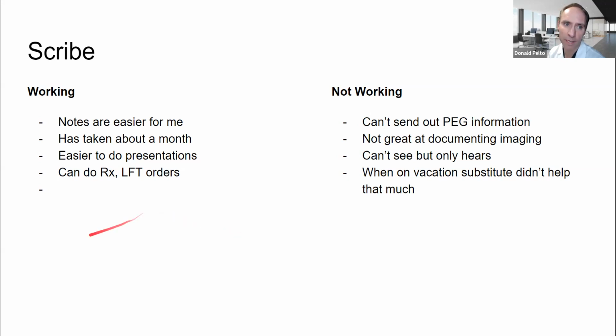And so what's working is the notes are easier. It's taken about a month, so give yourself at least a month with your scribe. I use a lot of templates and macros, so it was already optimized how I did notes. But I had to teach all those to the scribe. So when I have a fill-in scribe, they don't know how to do it because they don't know all the macros and templates. It makes my presentations a lot easier,